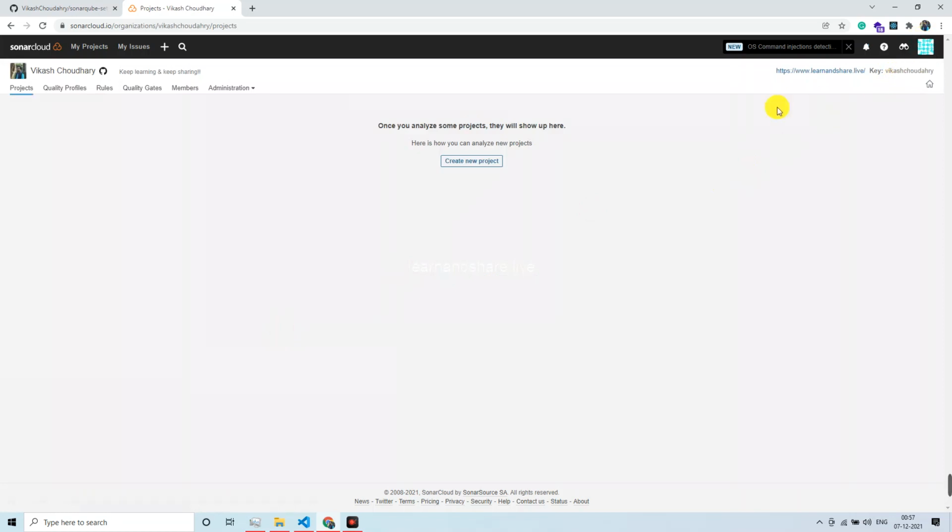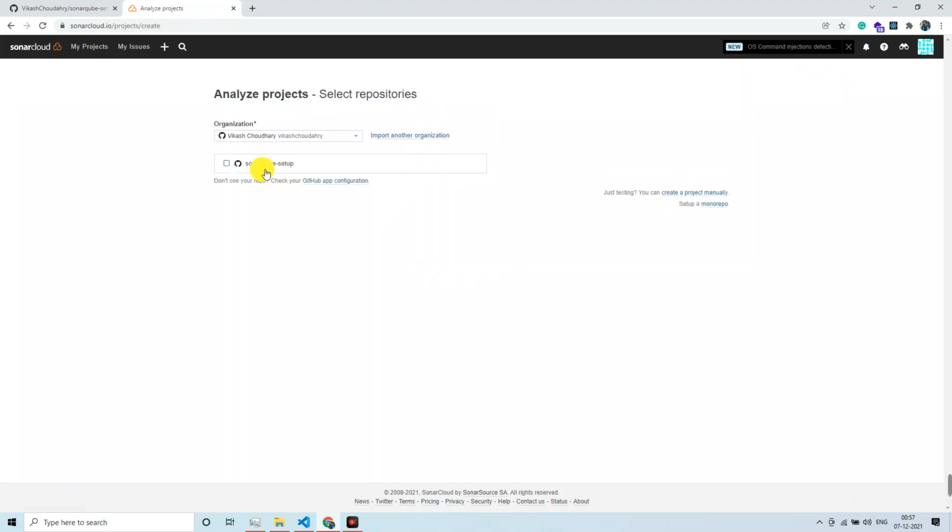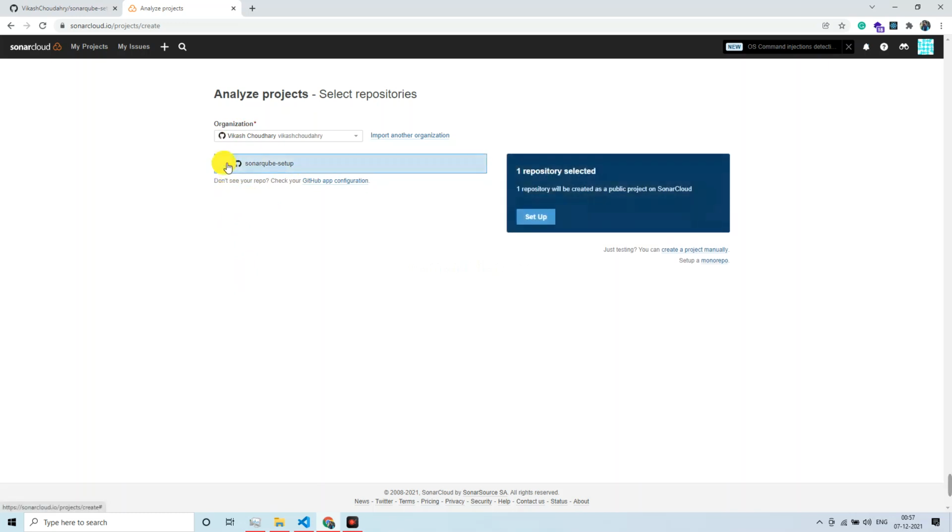be created with this name, and as you can see, none of the projects are listed here. As soon as we click on create new project, this is what I was explaining earlier. In the previous tutorial, where I explained the same or similar thing, if we select the project, here we are seeing only one, but remember in the previous steps it was showing the option to select all repositories. If you select all repositories, you will see all of them listed here. For now I am selecting this only, and since I have selected only one repo, I am seeing only one repo.